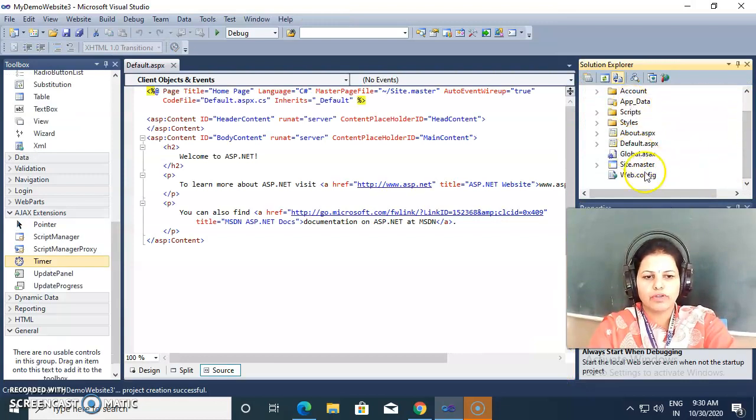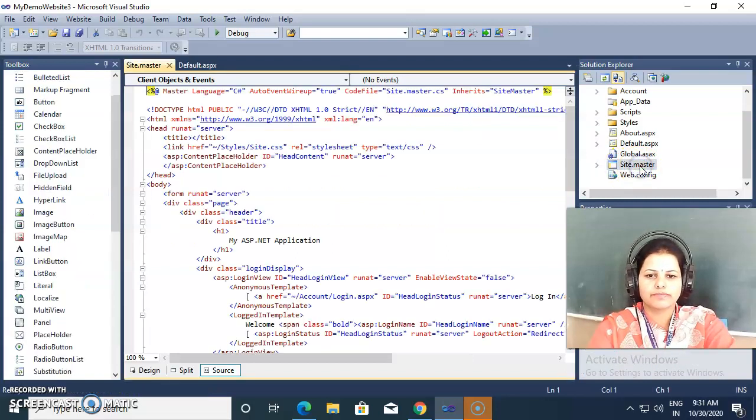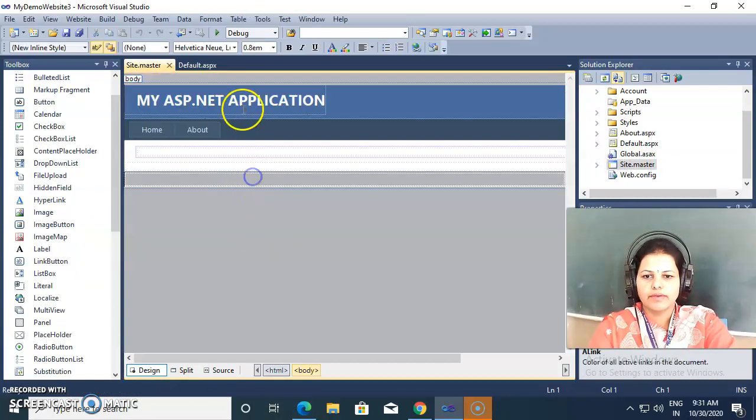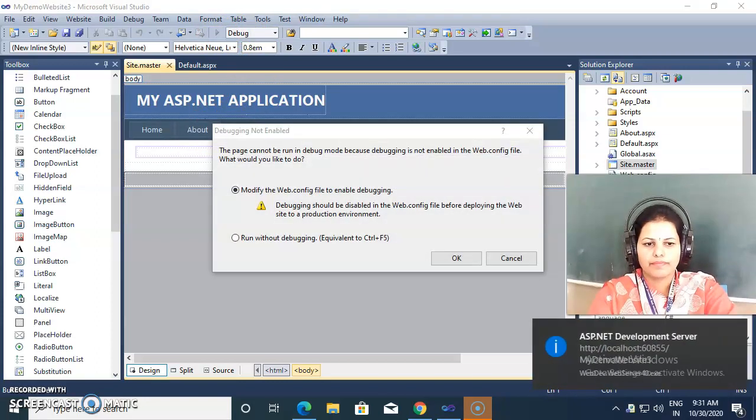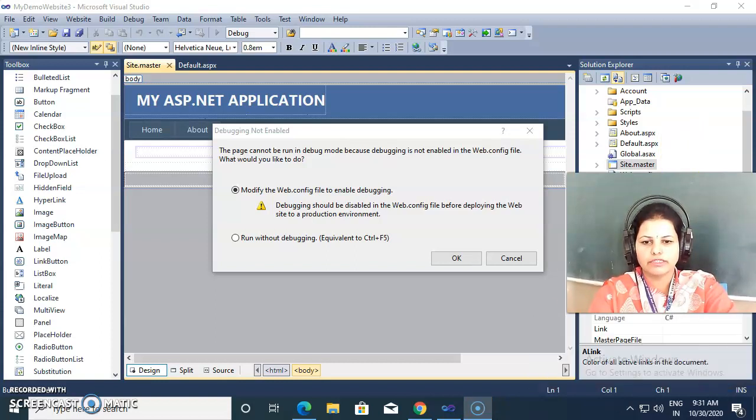Inside this project folder there is one page named site.master. Inside this, my ASP.NET application title is there by default. Then two menus are created, and if I run this application, we are not doing anything, we just create one new project and